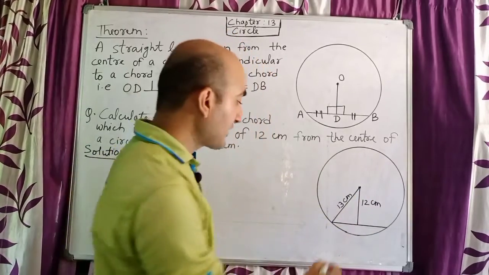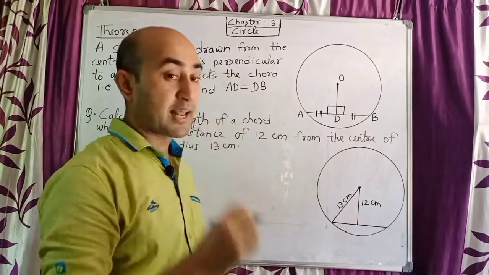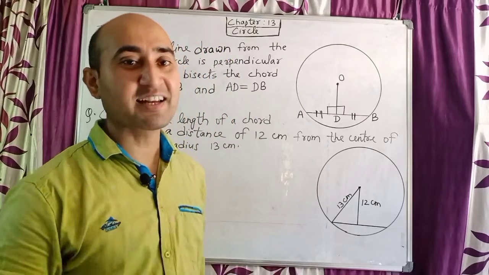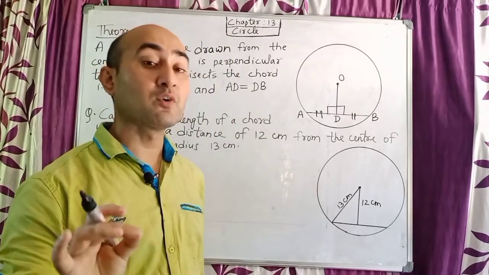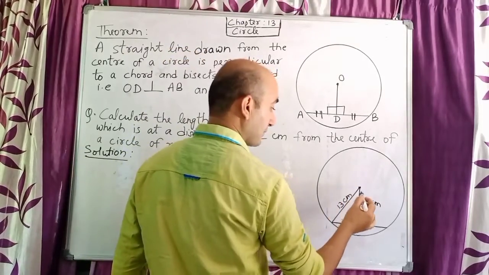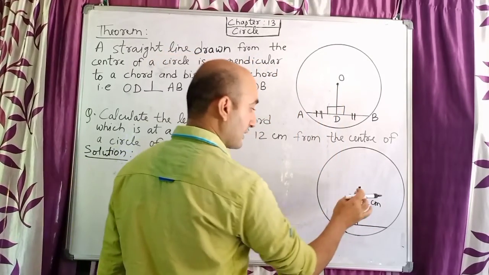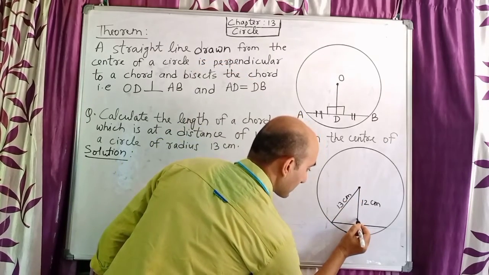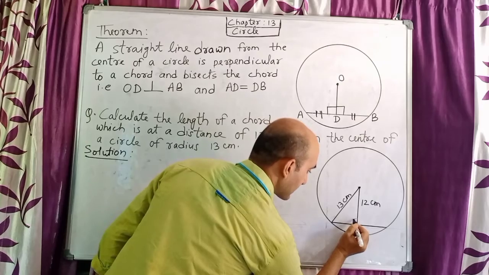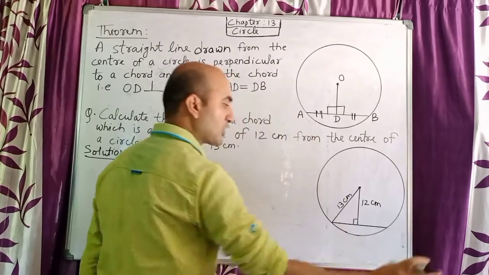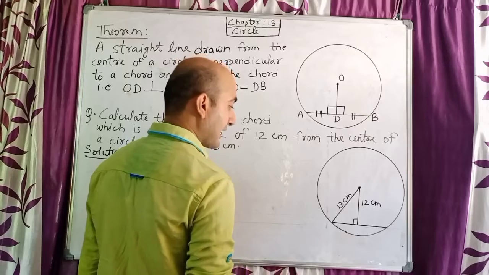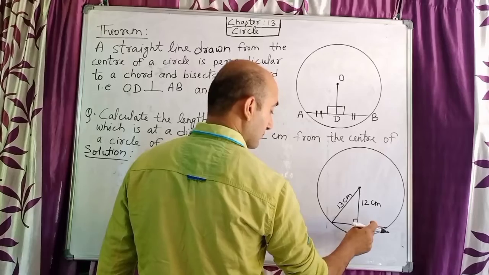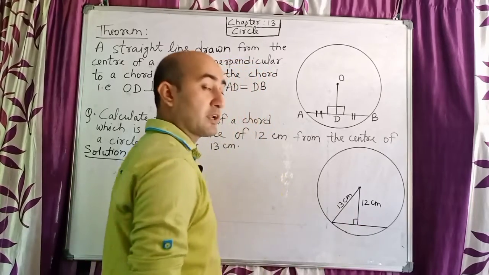But you might be saying, sir, why did you make the radius here? Because when I make a radius here, a triangle is formed, and when a triangle is formed, then we can do the work very easily. And you know children, just now in this theorem we have learned, if a line coming from the center touches the chord, it makes 90 degrees on both sides. So it will make 90 degrees here as well as this side, but here there is no need to make it because there is no triangle here. And on both sides, the chord will be bisected equally into two halves.